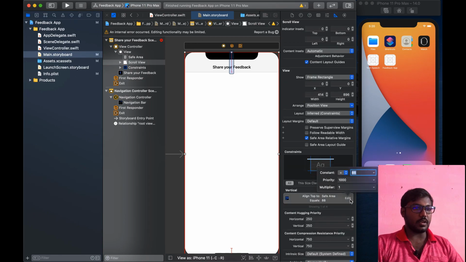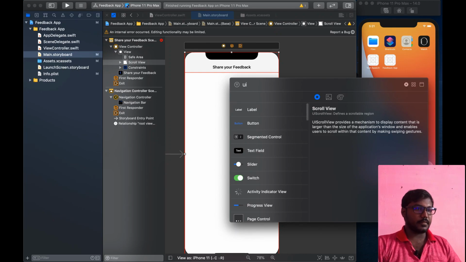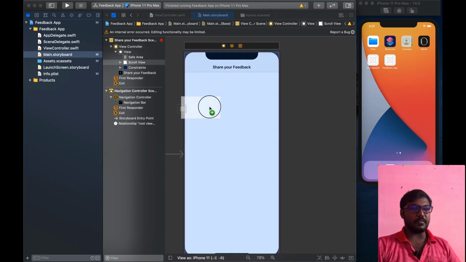Now it's okay. Now I am going to adjust the top and bottom constraints. Okay, it's enough.